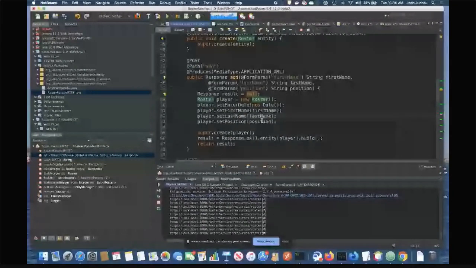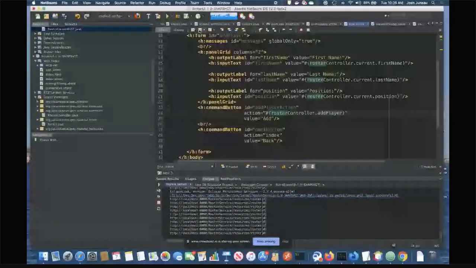And then it's going to utilize that entity manager I showed you to create this roster object. And then it's just going to return a response to the client to let it know if it was successful or not. So if I go back to my code now for add player,